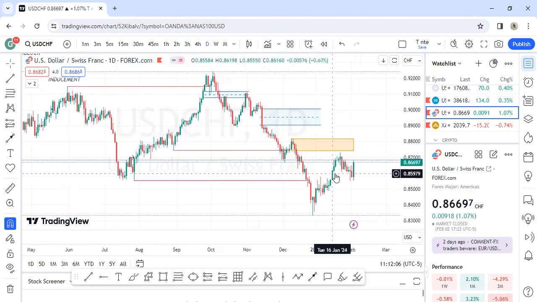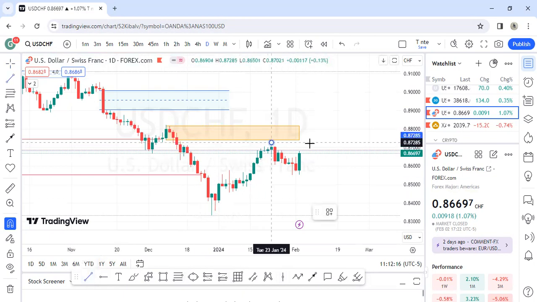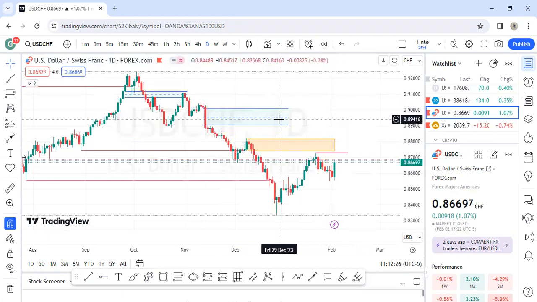We have a reaction off this imbalance. So it's very logical, since we have this bearish order block here, that price wants to go for it. So this now becomes what, an inducement. So you can likely say price takes out this inducement and then trades up for this. And if you look very carefully, we have this imbalance all the way up here, so the market can still choose to go for that imbalance.